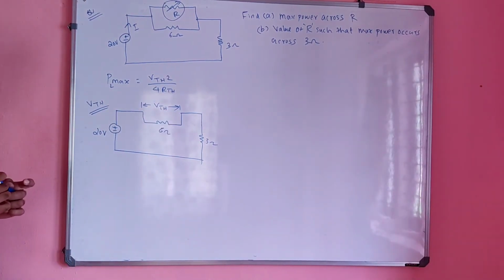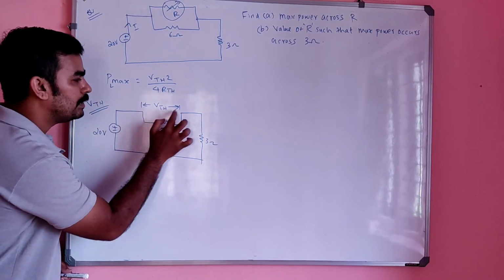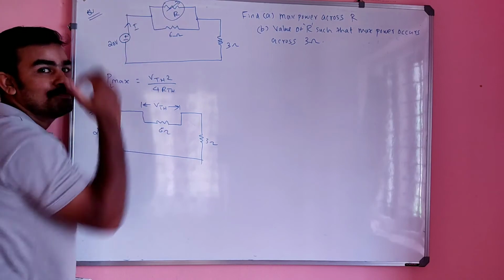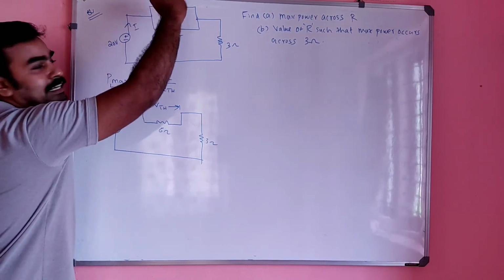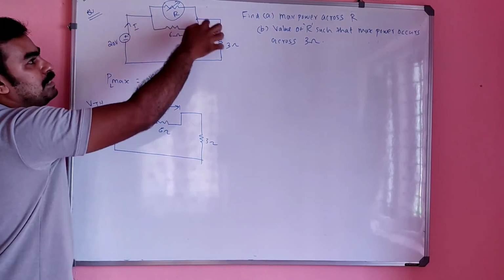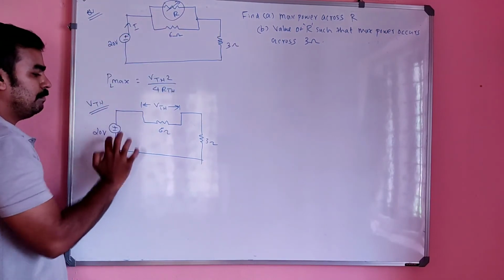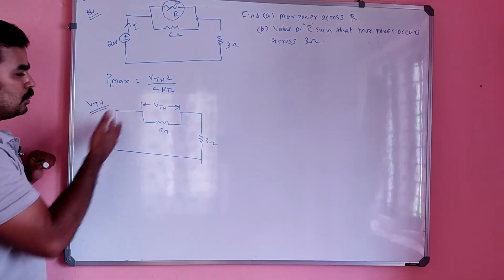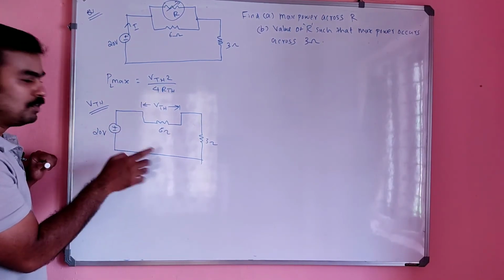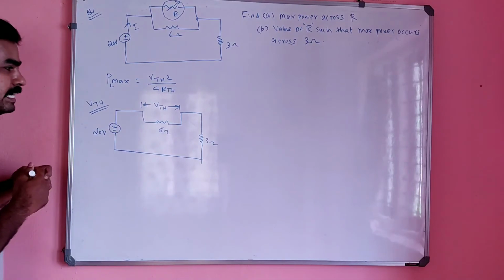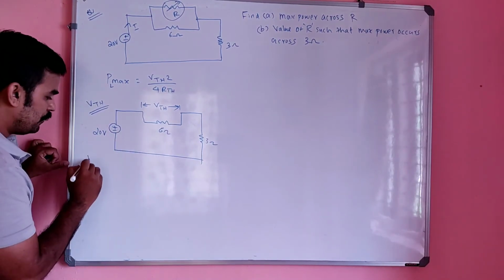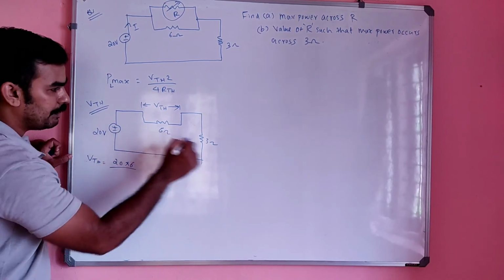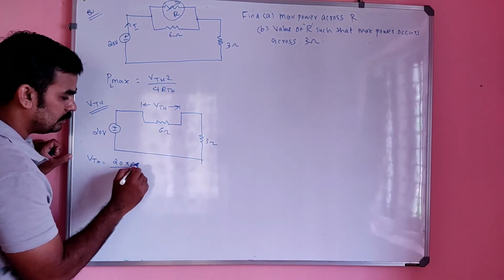So this is my circuit, right? I have to find the open circuit voltage across that R. That is my V Thevenin. So open that terminal R and keep the elements as such. Short the voltage source and find the value of V Thevenin. So simply you can apply the voltage division rule now, because it's a series circuit now. V Thevenin will be equal to what? V Thevenin will be equal to 20 into 6 divided by 6 plus 3,